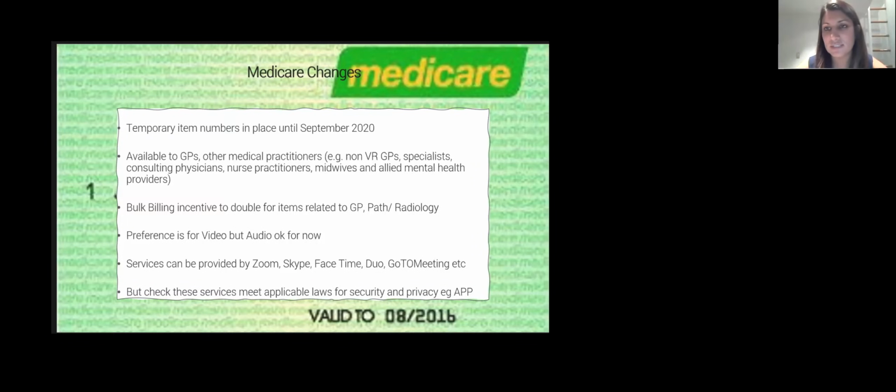And for those of you that attended the webinar today that Professor Michael Kidd ran, talking about this, he said the department wants to emphasize that free platforms are not encouraged because many of them will not meet the Australian Privacy Principles and the other security legislation. So they're actually getting the Privacy Commissioner to comment on that further. They're preferring people to use paid versions of these platforms or a health-specific platform.